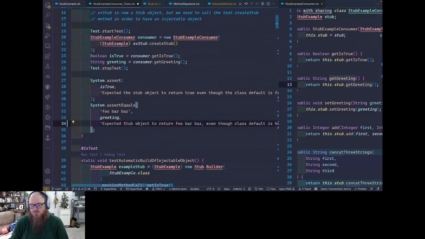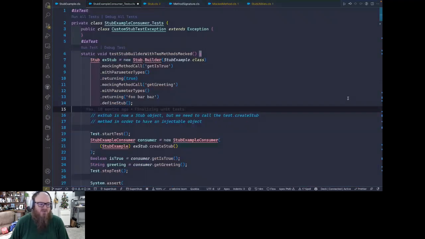Okay, great. Now, we can do a lot of stuff with this. I'm going to let you look through the unit tests on your own. But what I've done is I want to give you a real life, non-invented reason for doing this. And what we're going to do is I've created a